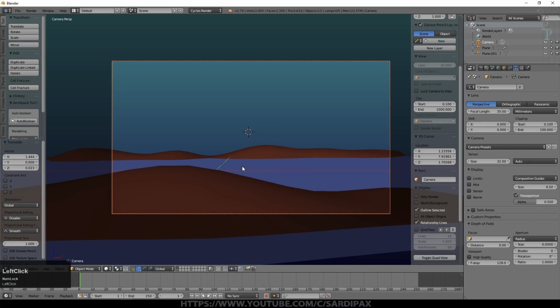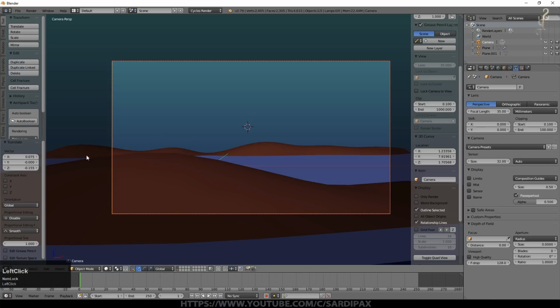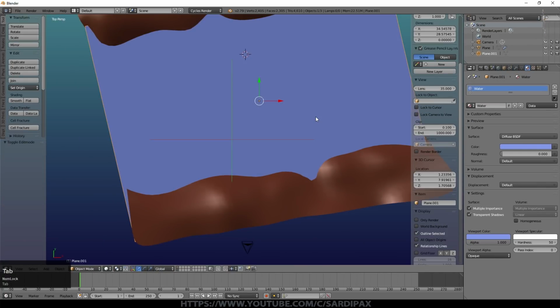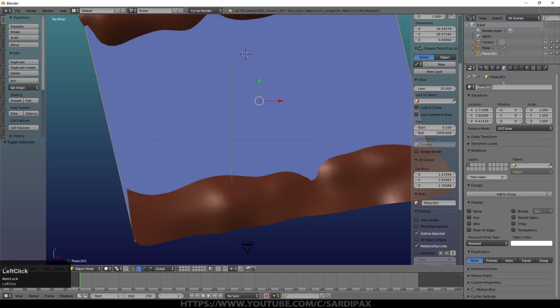And that's not too bad, bringing the camera closer to the ground. So I think that's quite interesting. The sort of lake or river, whatever it is, seems to disappear there, so that's fine. And we'll just unwrap our water and make sure that plane is called water so that it's easy to find, and that one is called ground.